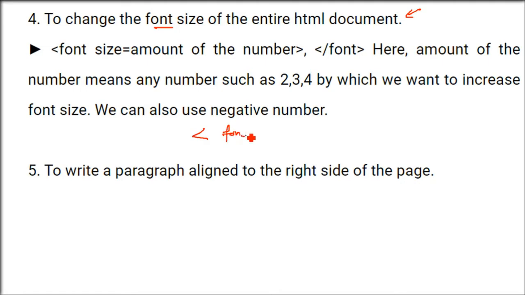So you will do font size and you can give any number, 10, 20, 2, 5. If you give 1, say you have A, this A will be shown like this. If you have 2, it will be bigger. If you have more, means increase the size, it will be increased. Like this, if you give 10, it may be like this.